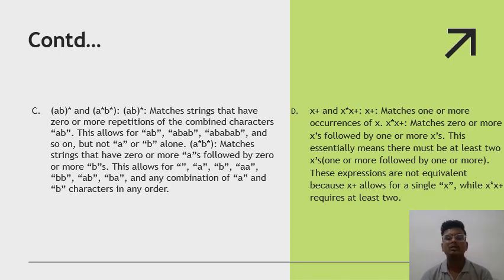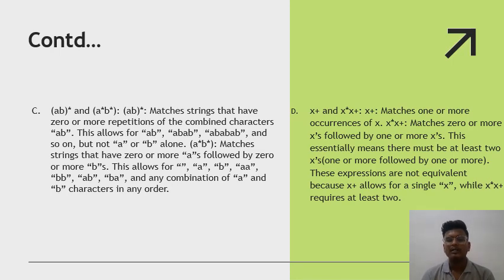This allows for an empty string, A, B, AA, BB, AB, BA, and any combination of A and B characters in any order. And so the last option says that the first string matches one or more occurrences of a, which is concatenated with x asterisk. x plus matches 0 or more x's followed by 1 or more x's. This essentially means that there must be at least 2 x's, 1 or more followed by 1 or